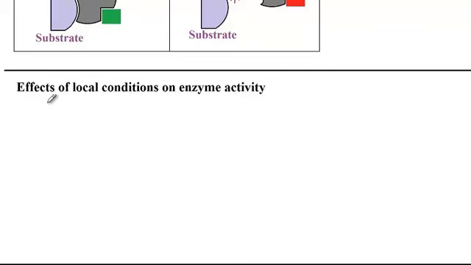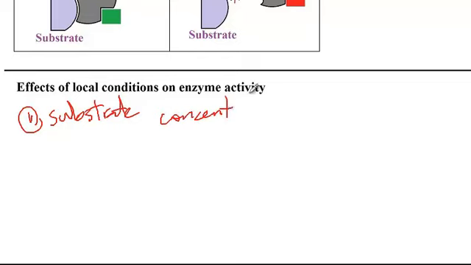So, effects of local conditions on enzyme activity. Number one, substrate concentration is one factor that affects the rate of a reaction. Imagine we have thousands of enzymes, but we only have one substrate. This enzyme is very limited because we don't have any substrate here. But as we add more and more substrate, these substrates will bind the enzymes